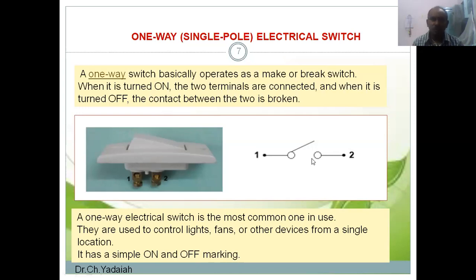As you observe switching operation in electrical engineering, you have to remember one thing: the making and breaking of the electrical connections has to take place very quickly. Otherwise, an arc may occur at the tip of the contacts where it opens and closes. When the switch is in closed condition, what is the voltage between terminals 1 and 2? Normally 0 voltage. When the switch is open, what is the voltage? That voltage may be the rated voltage.